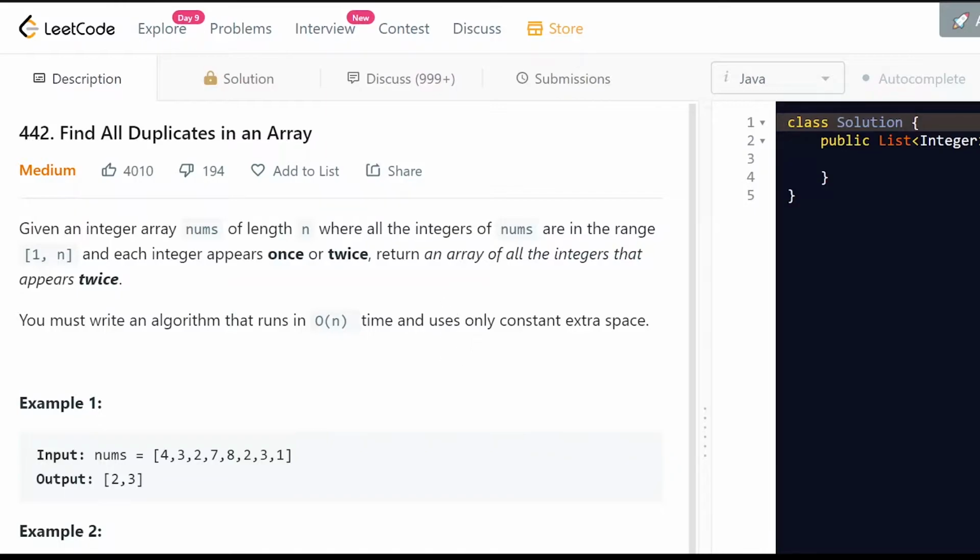And you also have to use only constant extra space. So there are only two conditions over here. Make sure that the solution that you provide has O of n time complexity, and it also uses constant extra space. Okay, so as you read this problem, just by the name of it,